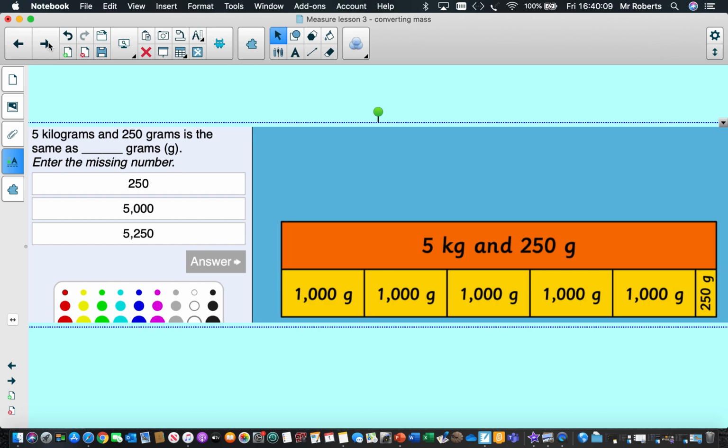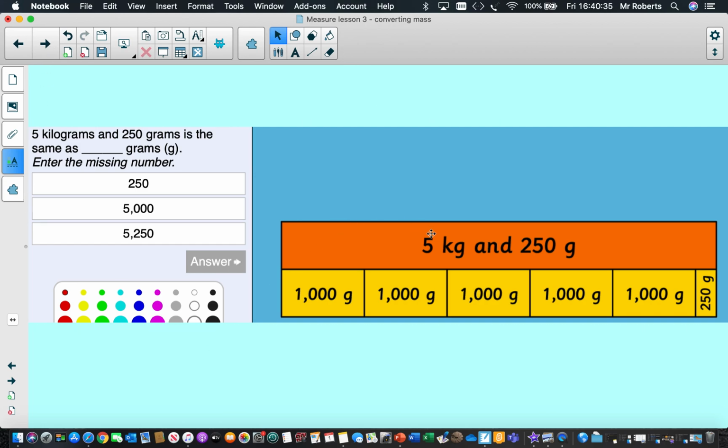Making it a little bit tricky this time, I've got 5 kilograms and 250 grams. And what I've got to do is decide which one it is the same as. Is it the same as 250? Is it the same as 5,000? Or is it the same as 5,250? So I'm going to use my bar model to help me, so I can see that I've got 5